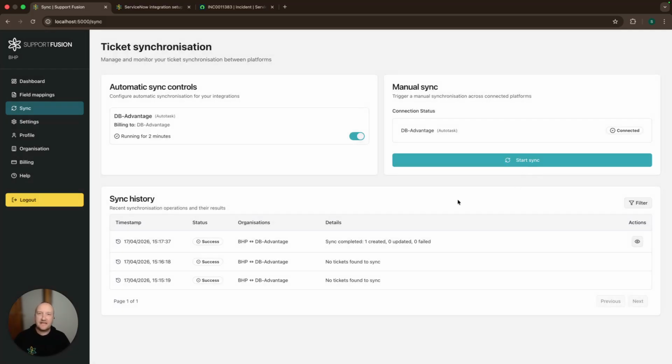So I hope you enjoyed this one. It's just a quick example of how you can get up to speed and running with a ServiceNow to Autotask connection in